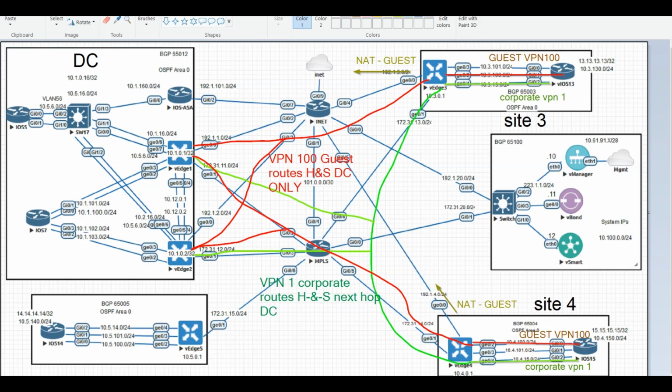In the branch sites, we have corporate VPN 1. It is a hub and spoke topology, but we will change the routes from the branch site to the next hop to VH1 and VH2. So from site 3's perspective, we'll see the next hop VH1 and VH2. And the branch side will also have a guest VPN 100, which is a hub and spoke topology, but we are only